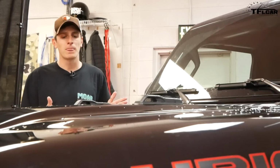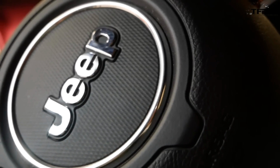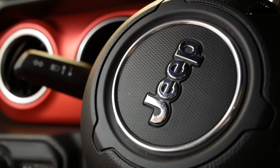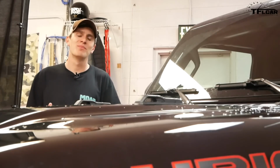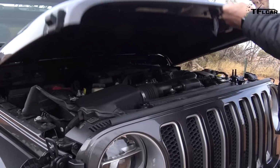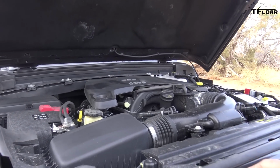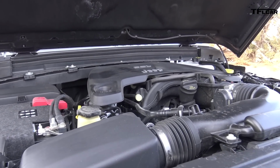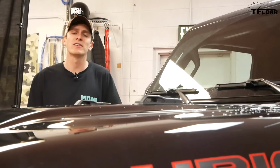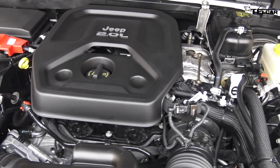Which engine would I get? Well, the fact of the matter is, if you're looking at this first year Wrangler, the 2018, in the past, the '07, '08 Wrangler JK, the first years, have had a track record for being a little bit less reliable, especially with that 3.8-liter V6. I know that this 3.6-liter is proven. I have it in the JK. We've had two JKs with the 3.6, and they've both been very durable. I'm not saying that 2-liter is unreliable in any way. It just hasn't been around long enough to prove itself as a durable engine in the Wrangler lineup,